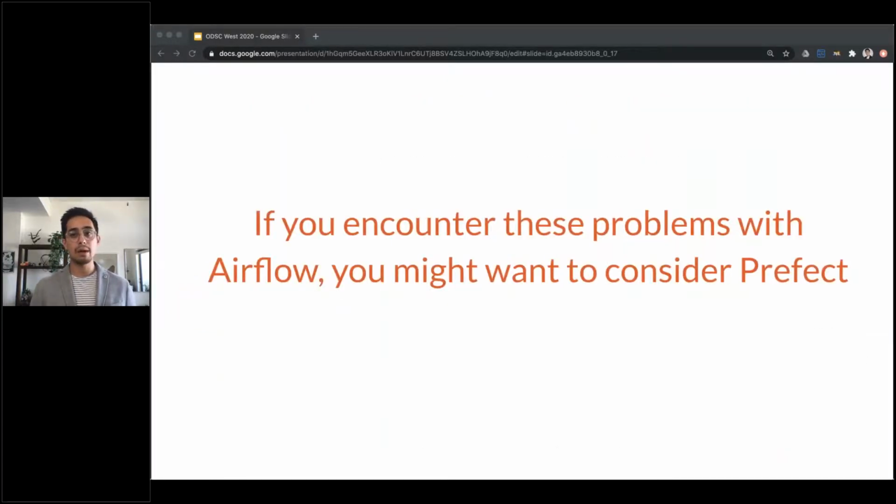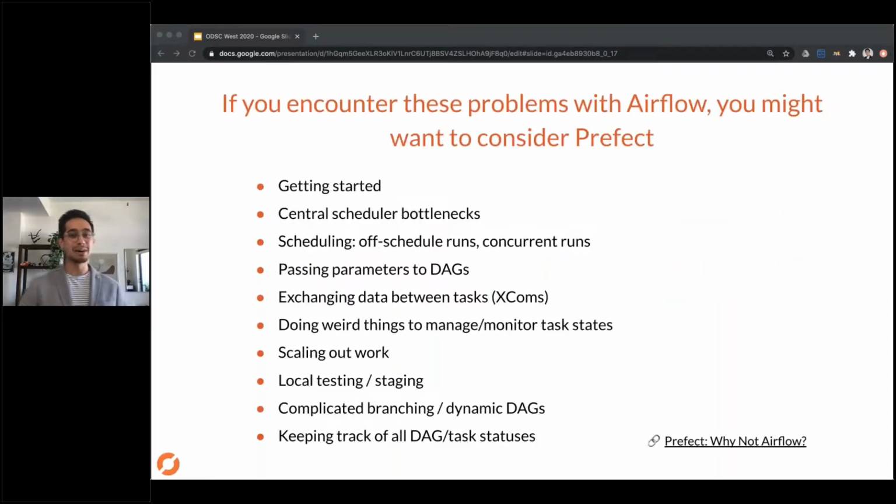Okay, I'm going to do the same exercise except with Airflow and Prefect. And this list is a lot bigger. But again, it's one of those things: if you read a line and you know, then you know. I'm not going to go through all of these specific things. And if you don't want to take it from me and just read something else, you can click this link here that's from Prefect's docs, and they actually had a blog post when they first came out saying, why not Airflow? So a lot of the reasons why Prefect was created, and it is, in my opinion, a better solution than